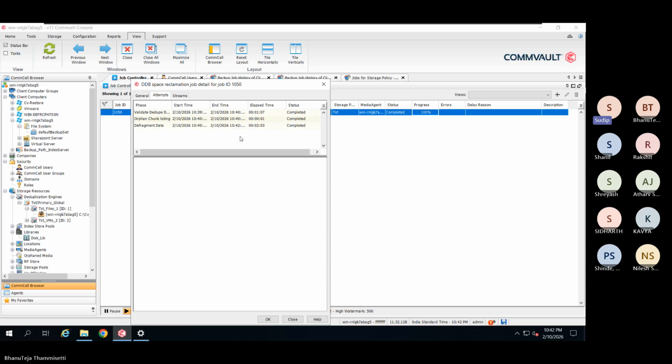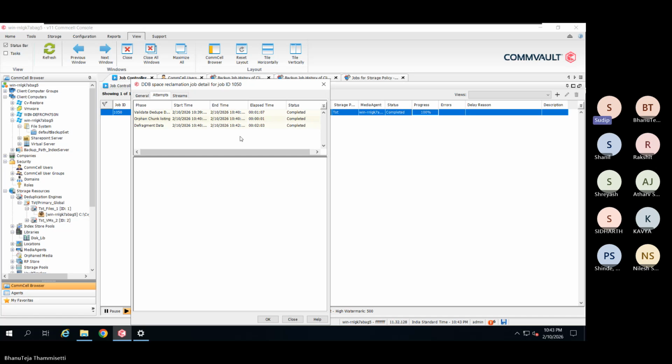Okay. So otherwise, what will happen is your backend storage is going to keep getting bloated and bloated if you don't do proper space management. And then for your critical jobs, you may see that due to lack of space, backup jobs may fail, and then you will lose that point in time which is required. So data aging, setting the proper retention, running the space reclamation regularly, all these things are day to day management of the Commvault infrastructure environment. Okay,